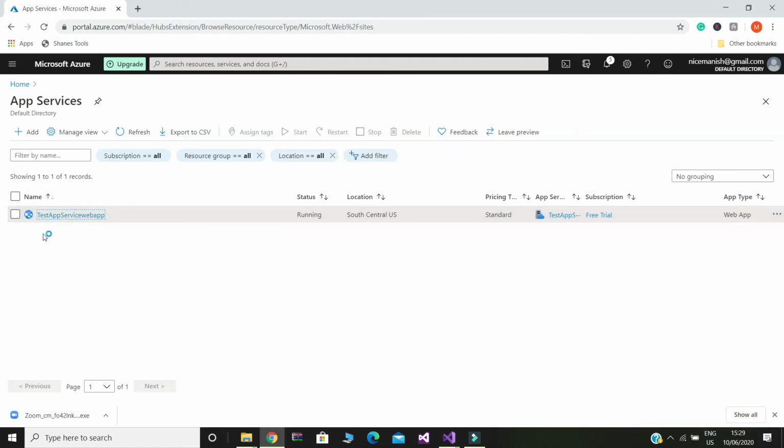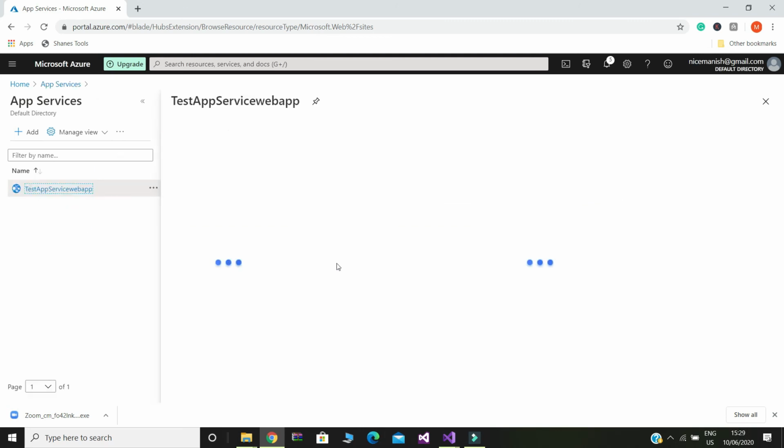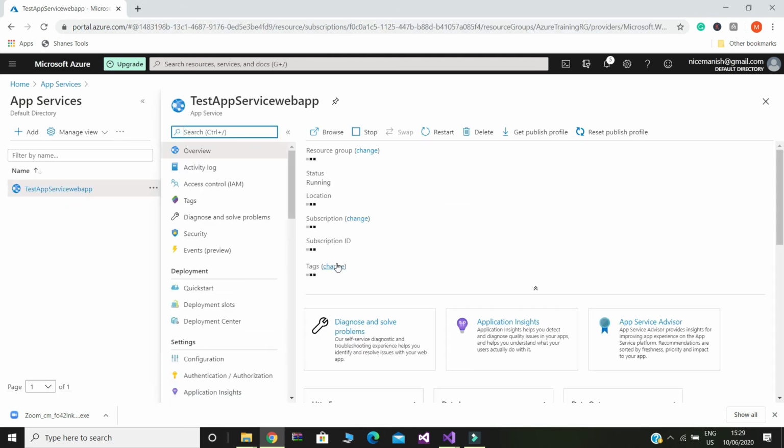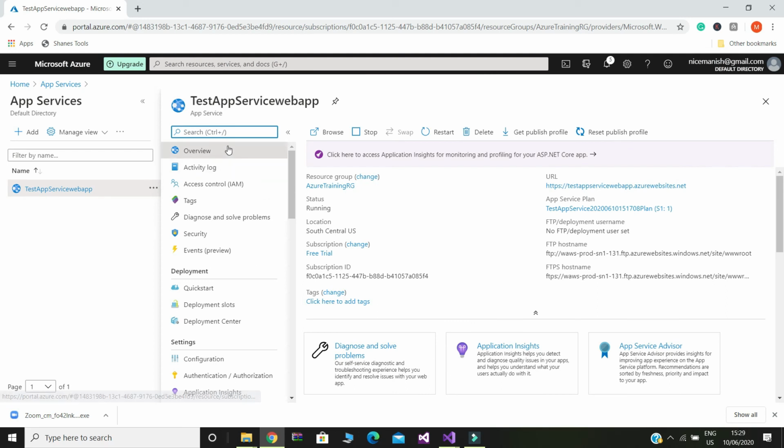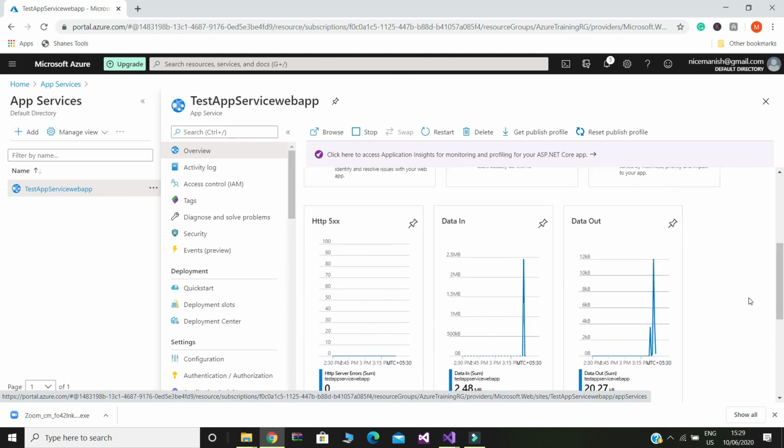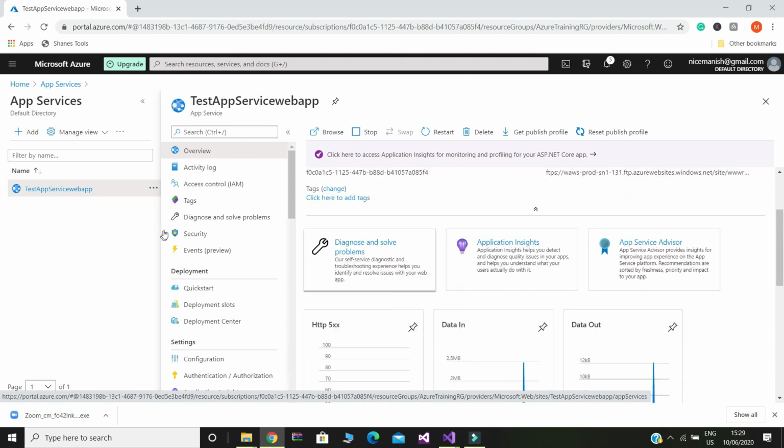If I click on this test app service web application, on the left-hand side there are some menus or tools. So here if you go to the Overview, okay, you can see the whole overview of your app service: how much data in, how much data out. If you go to the Activity Log,